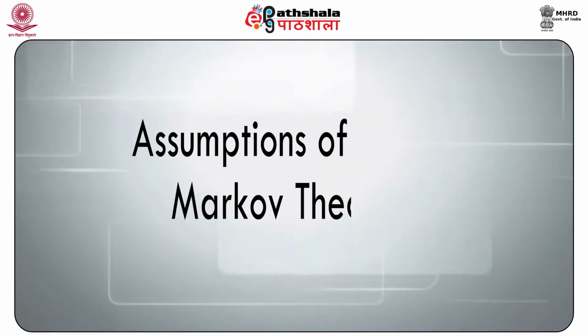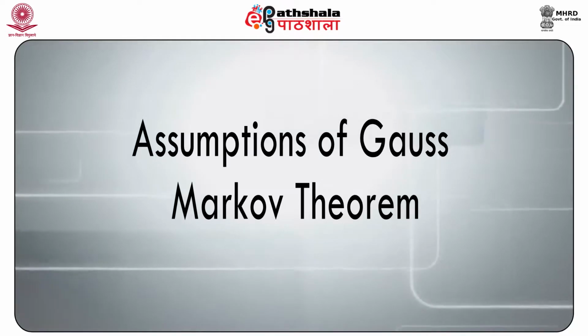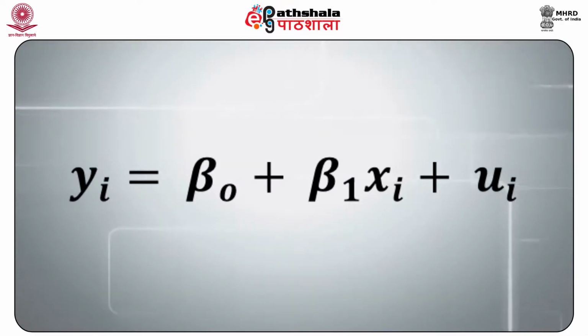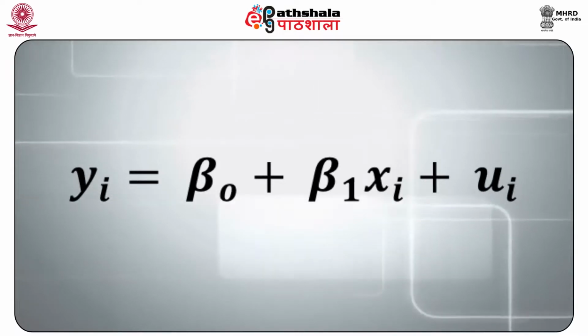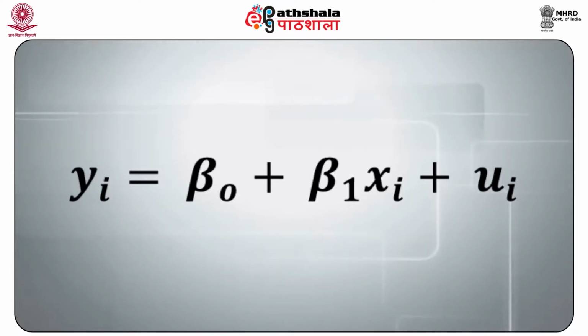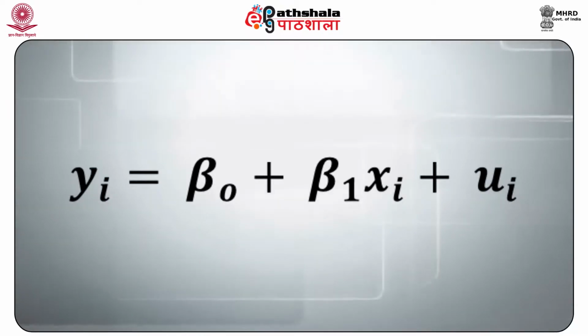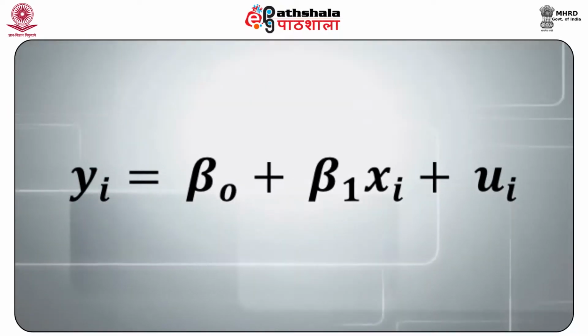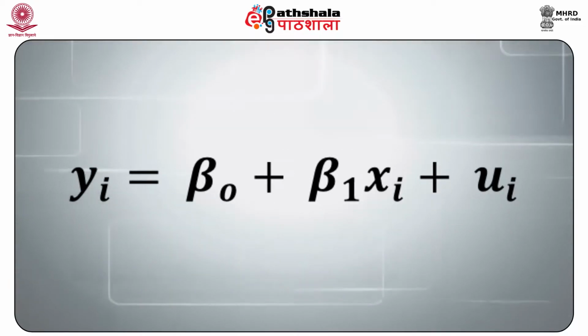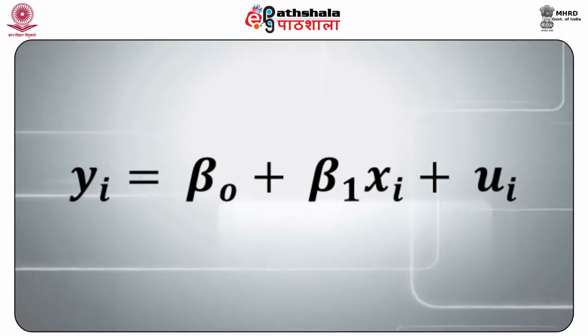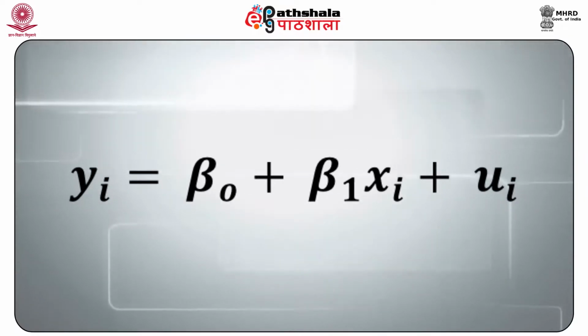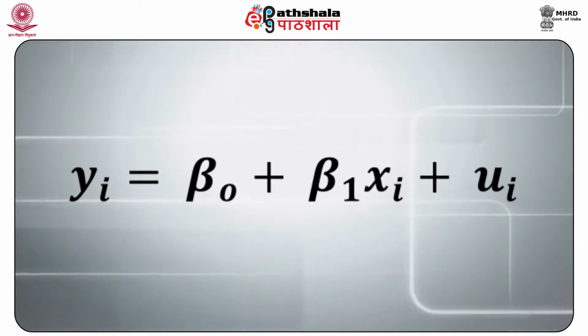Let us look at these Gauss-Markov assumptions for the classical linear regression models. We have a set of assumptions. So let's begin with assumption number 1 under linear regression model. The regression model is linear in the parameters. This is our assumption number 1. It need not necessarily be linear in the explanatory variables, which means in xi's. Therefore, we can write our linear model as yi is equal to beta 0 plus beta 1 xi plus mu